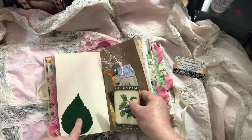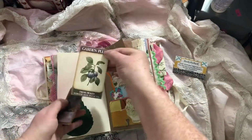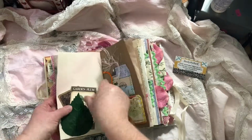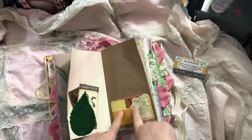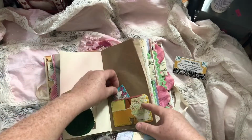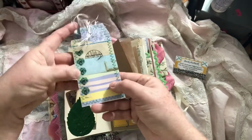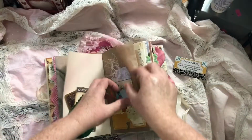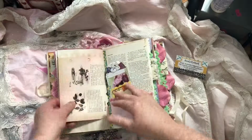I took a silk leaf, same way, it's on cardstock, and just made a little tuck out of it. I got a plain card, and this is just a little cutout from a kit I got a long time ago on gardening. Here is a Rolodex card I just collaged on, and this is a tag from the silk flowers, and made a perfect little journaling card, and this is just a journaling card with some washi and just different scraps, and I stitched around it. Coffee dyed paper, and then we're on the back side of the signature,